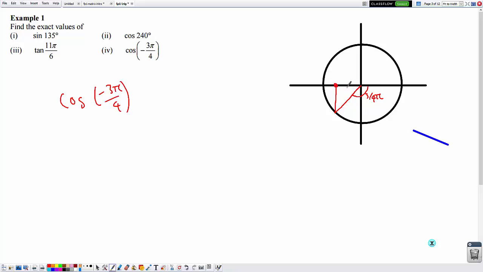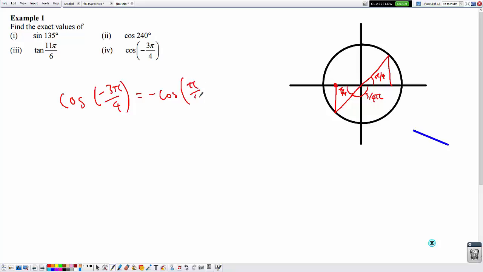Well, if that's 3/4 pi, that's a quarter pi. Let's write pi over 4 just to save a little bit of space. What can we do? We want to find things in here because those are the values we know. So we go to a quarter pi over 4 here, and then find the x value for that, so find cos theta for that. And this is on this side, so this is just the negative of that. So this is equal to minus cos of